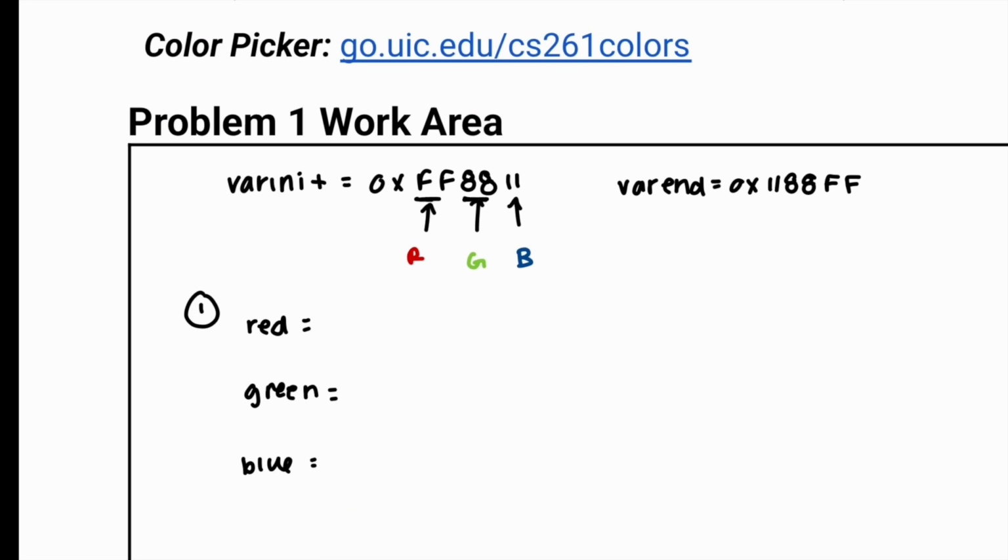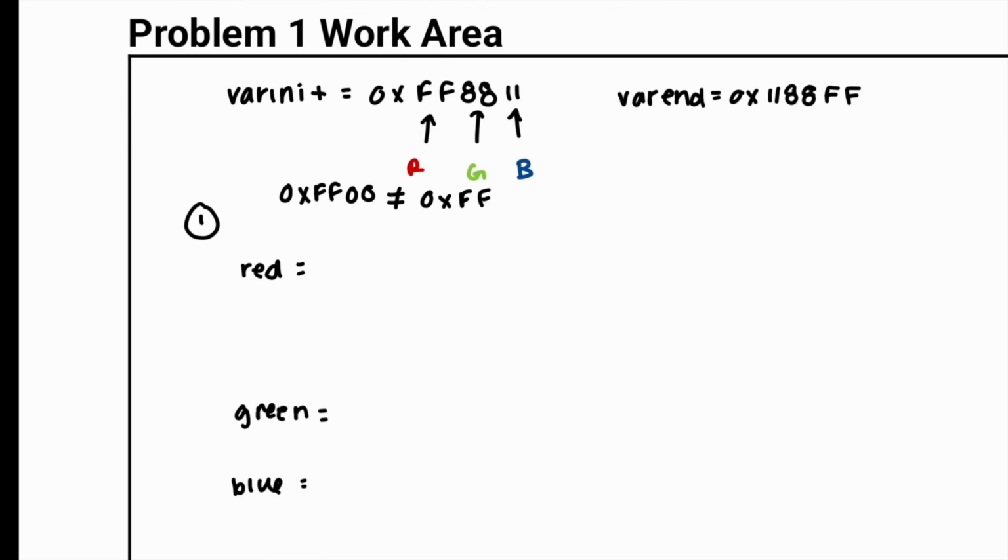0xFF and then 0x88 for their respective colors because 0xFF00 is not the same as 0xFF. Those are two completely different values, so we'll have to do some shifting first. For red, we're going to do var init. If we want to get